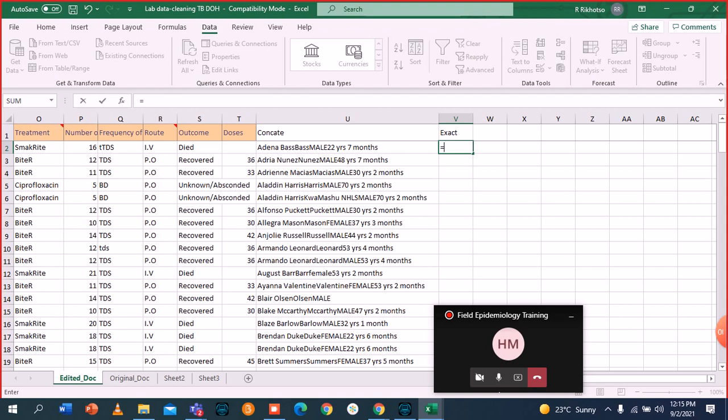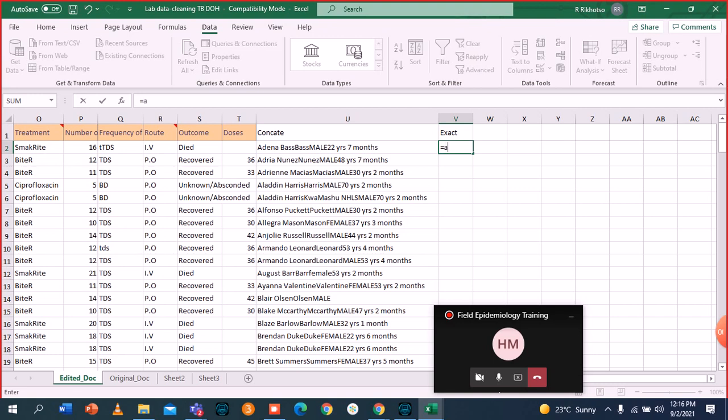If they are the same, we want to check if Andrea and Andrine are the same, Andrine and Aladdin are the same, Aladdin and Aladdin are the same, Aladdin and Alfonso are the same, Alfonso and Allegra are the same. So we put equal sign, the word exact,